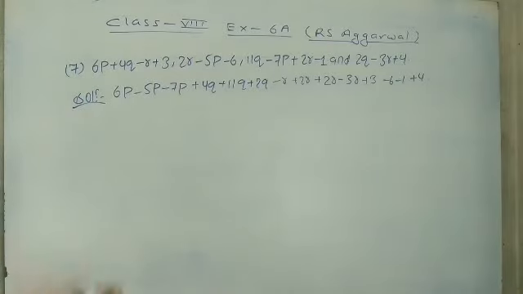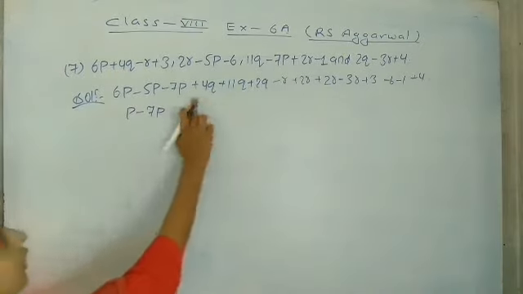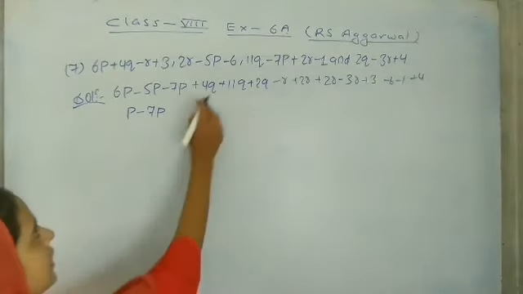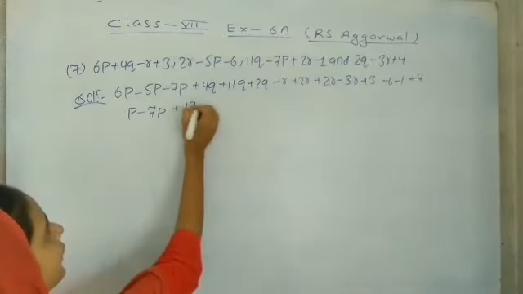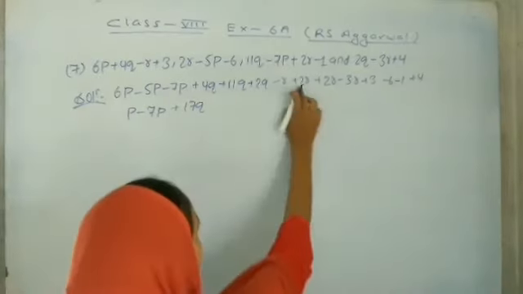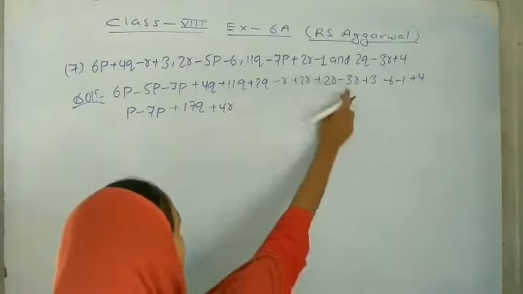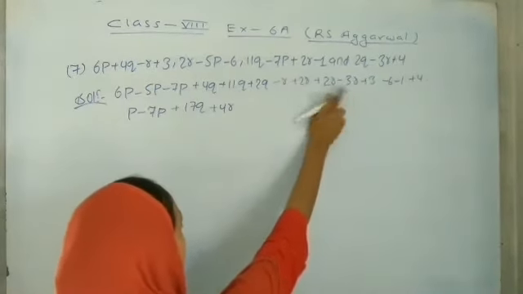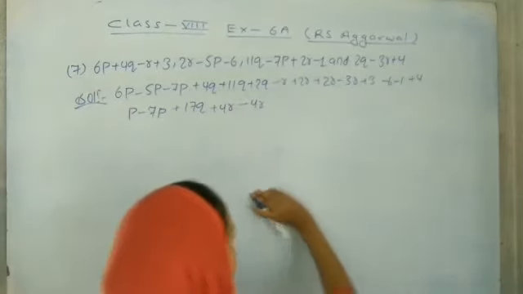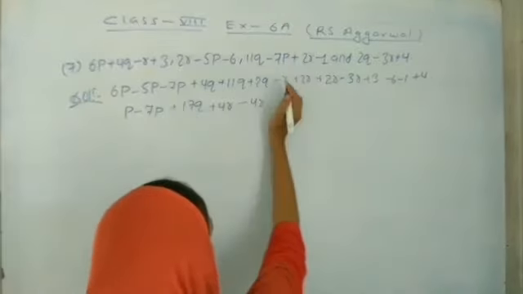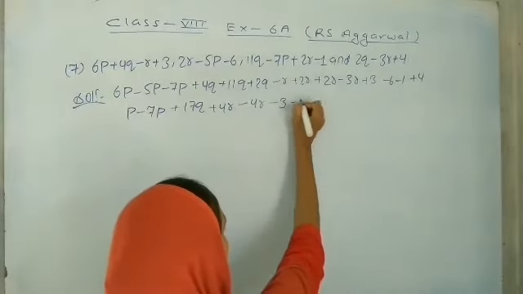Plus minus minus, so here will be 6p minus 5p, here will be p because plus sign is greater, and minus 7p. Here they all q are in add, so we add them. So 4q plus 11q plus 2q means plus 20q. And here plus 2r plus 2r plus 4r. Minus 3r minus r minus 3r. Minus minus plus, for the sign will be of minus 4r. And here plus minus minus, for the sign will be of minus, because minus sign is greater, minus 3 minus 1 plus 2.